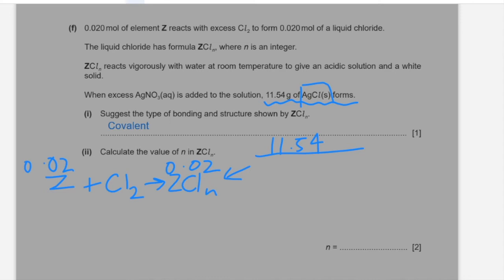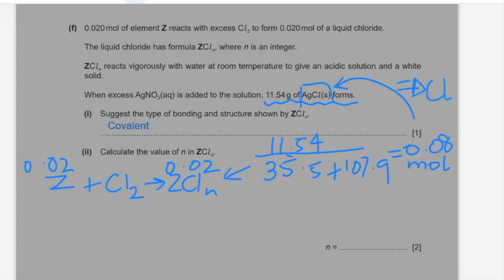So that is 35.5 for chlorine and 107.9 for silver. This would give the number of moles as 0.08 mole, which is the number of moles of silver chloride, and therefore this is also equal to the number of moles of chlorine present in the compound. Now this chlorine comes entirely from the chlorine present in Z chloride, and therefore 0.08 moles of chlorine atoms is present in Z